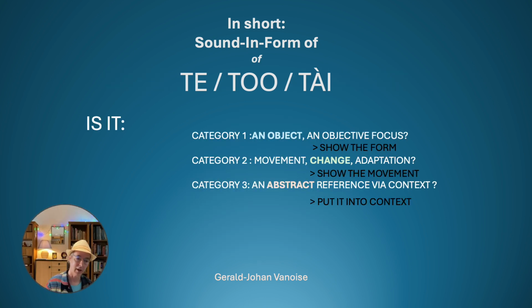The basics, which method is best for me to express it, is actually also like I have in the background this theory of positions of focus. There are three very different kinds of focuses. Is this, and we can use it from the beginning, is this word about an object? So an objective focus with a certain form in space, yes or no? No. Is it about changes, about adaptation, about movements towards a certain direction, so that I can show you the